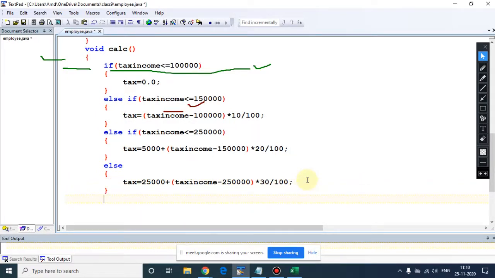So after calculating this, see the advantage of the tax variable which is already given in the global area as your instance variable. The advantage is this tax variable you can print anywhere throughout the program.